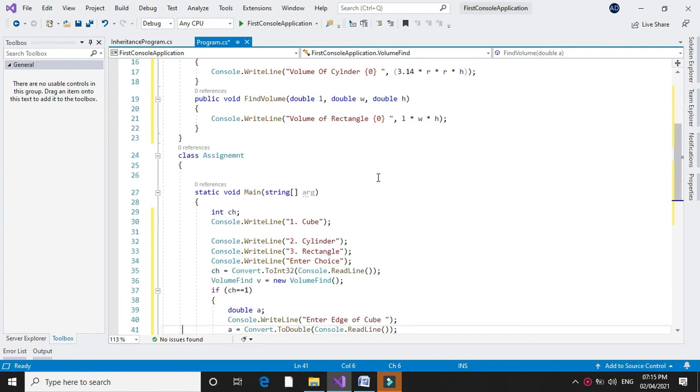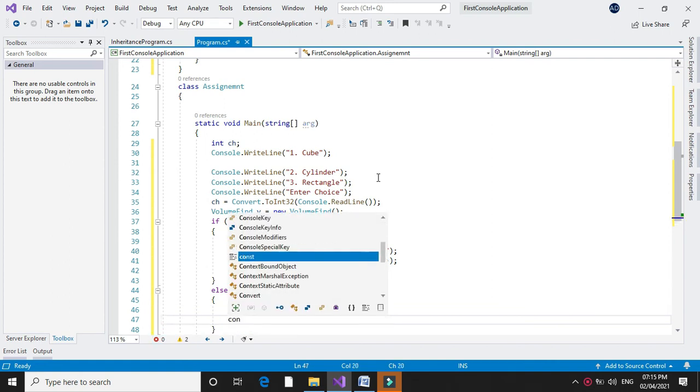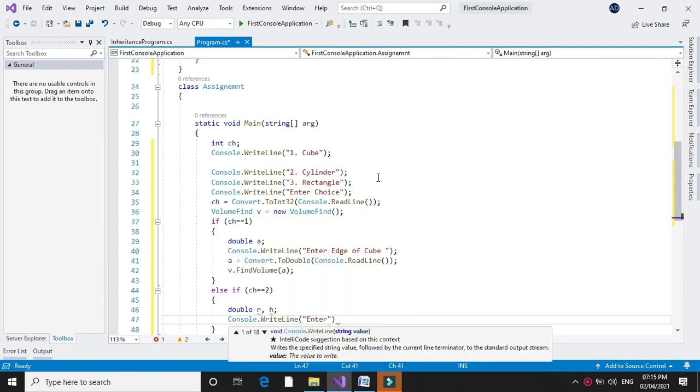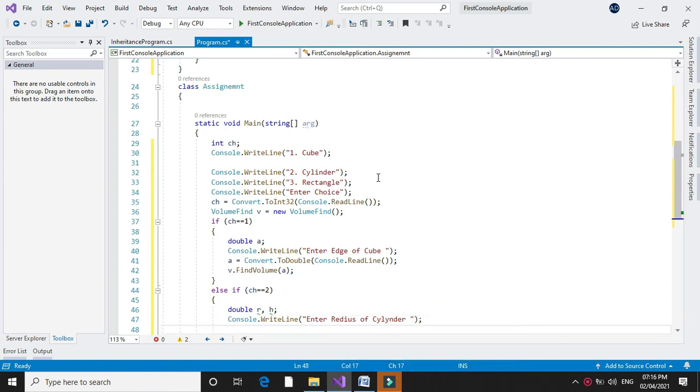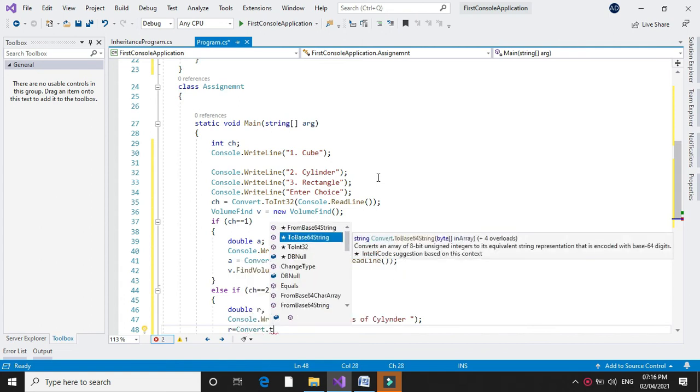So we will declare two variables r and h, and in Console.WriteLine we will accept radius of cylinder, and in r we will accept it by converting it to double.